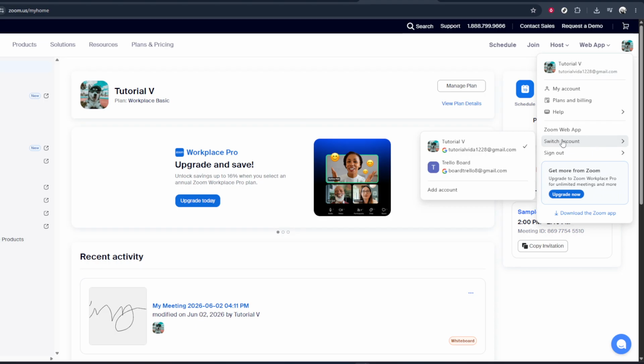In that menu, look for the option that says Switch Account or Add Account. Depending on the version of Zoom you're using, you may see one or both of these choices. If you want to move directly to another account that has already been used on this device, the Switch Account option is usually the one you'll choose. If you want to sign in with a different account that hasn't been added yet, then Add Account is the